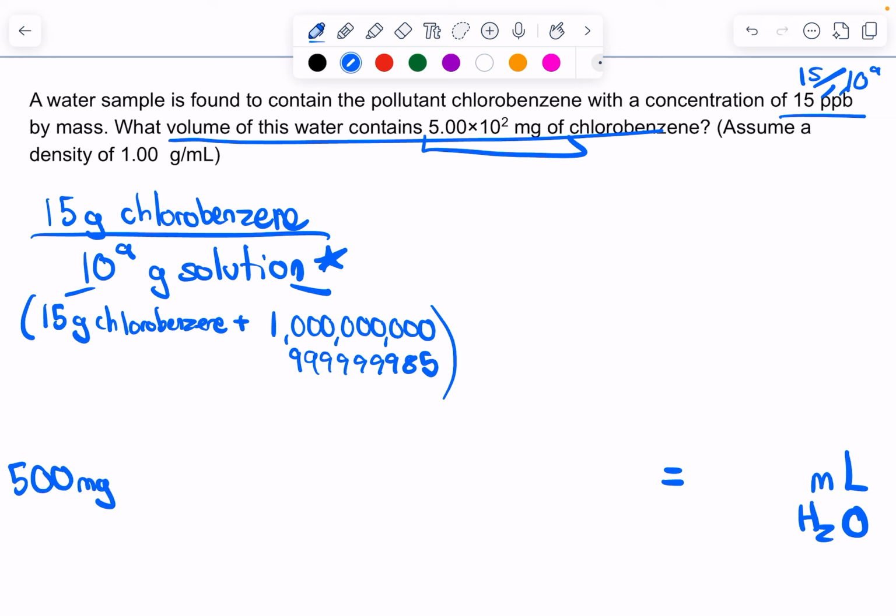500 milligrams chlorobenzene. Can I just write CB? I'm tired of writing chlorobenzene. Okay, that's what I'm starting with. I'm trying to get to milliliters of water. All right, so